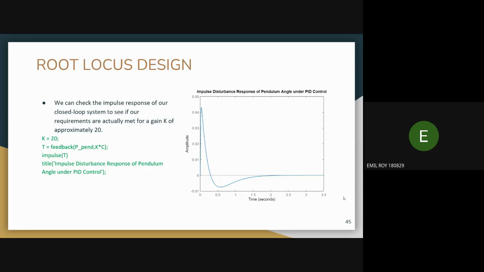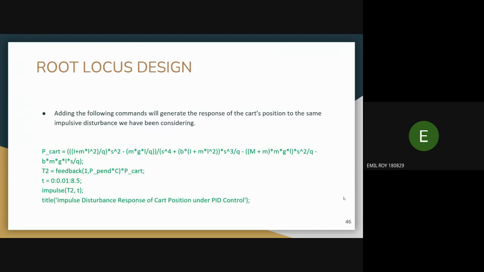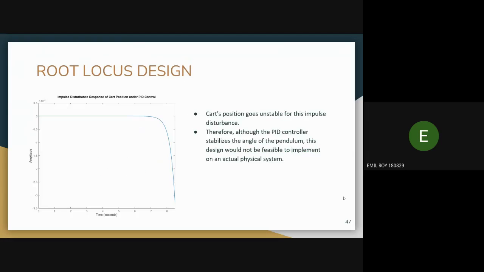At that time, what happens to the cart is that, next slide, cart position is that, next slide, the cart position becomes unstable. It becomes unstable, and we can't stabilize the cart position at that time. So from the analysis, from these two controllers we can control the angle of the pendulum, but we can't control the position of the cart. That's all about these two controllers. And the next controller will be presented by Chris. Thank you.